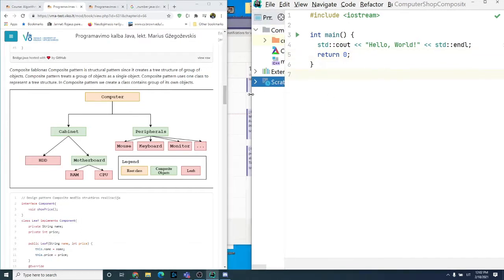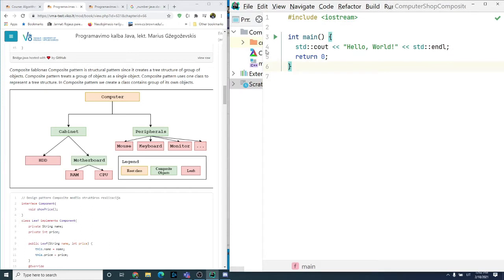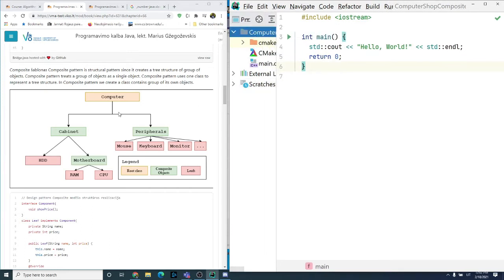And now our goal is to implement this design pattern. First, you need to understand how it works. Basically, the yellow is the object which you're creating, like the root or parent class, which is the computer. Composite objects are all the green objects. All green objects in a programming language are arrays or lists